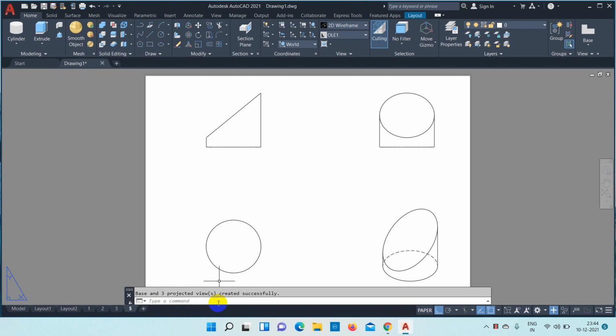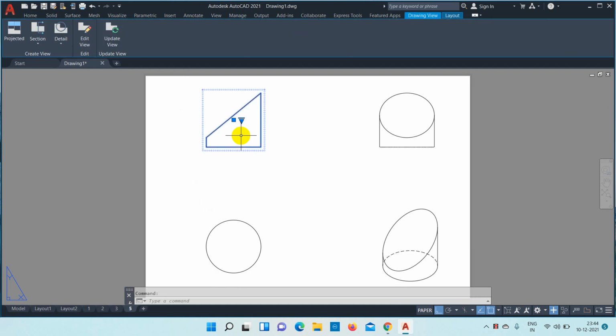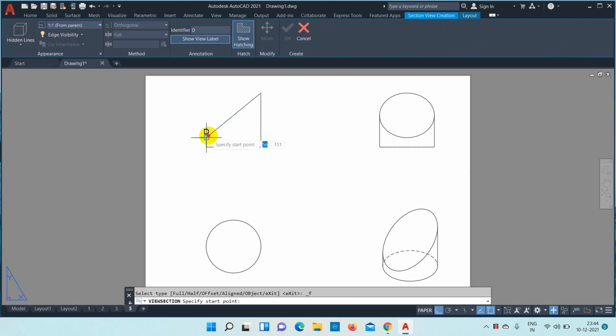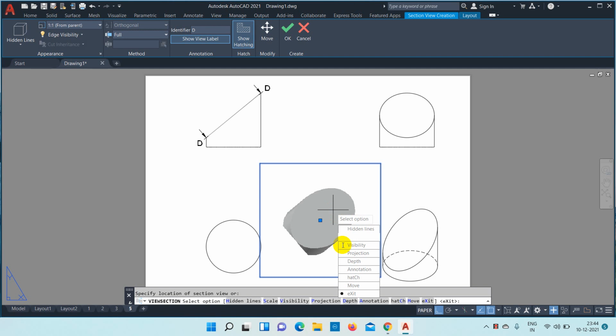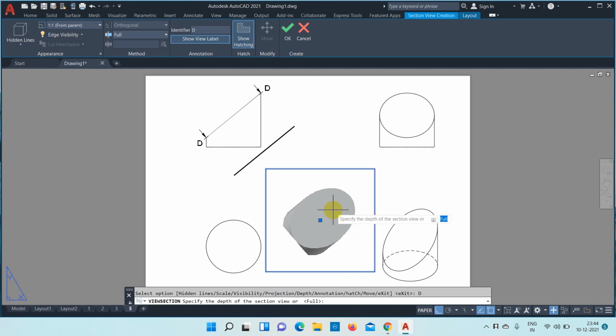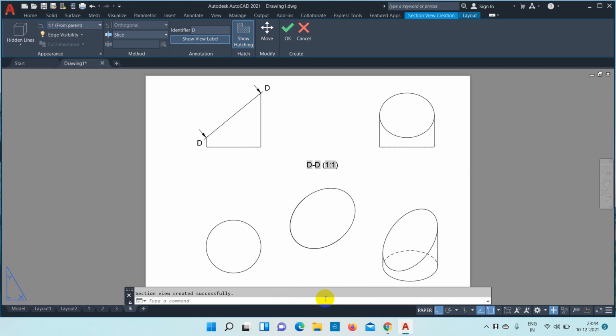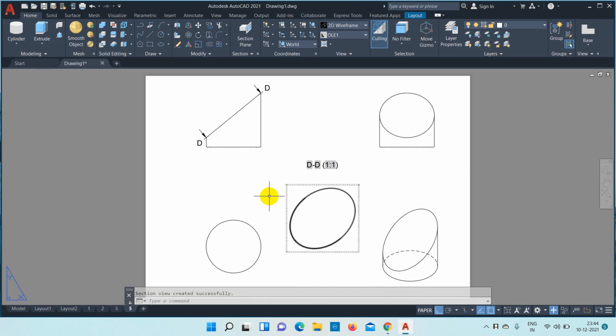Okay, then you can draw the axis. Before axis you just select this top view, sectional front view, and click section full. Select these two endpoints, bring it down, then click depth, click slice and enter. Okay, so all the views we have got.